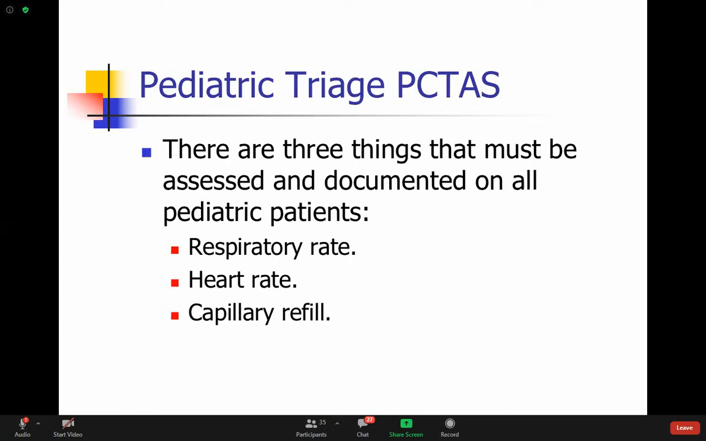Cap refill is basically you're going to have to touch the tip of the finger and squeeze it for a few seconds and then let go and then see how fast the tip of the finger gets refilled with blood. Normally, it should be less than 2 seconds if you want to check the capillary refill. So capillary refill, heart rate, respiratory rate, and the work of breathing are very important in assessing the pediatric